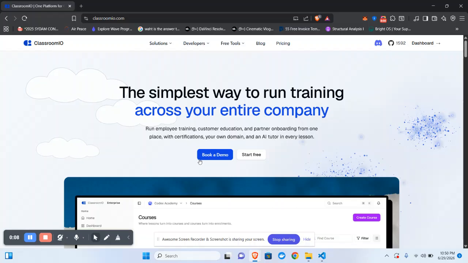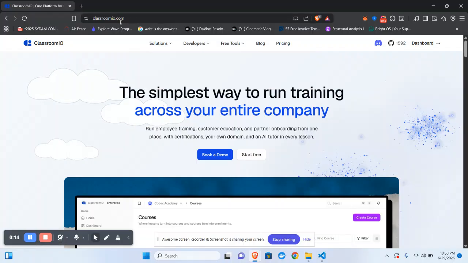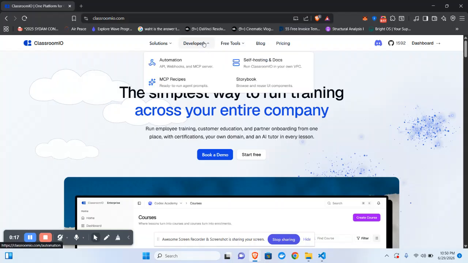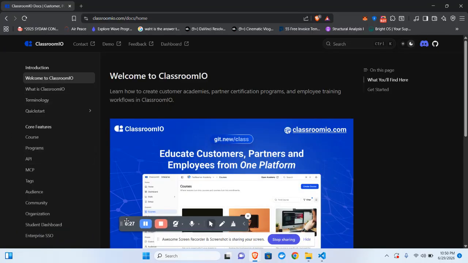We're walking you through how to self-host ClassroomIO on Railway. So the first step is come to classroomio.com. Then in navigation, you should see self-host and documentation. So click on this. What this does is take you to the ClassroomIO official documentation, and